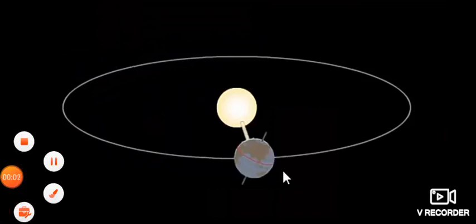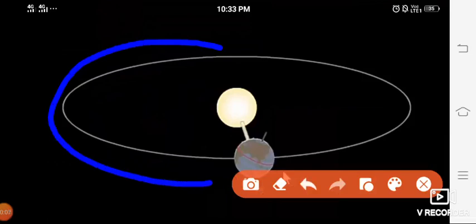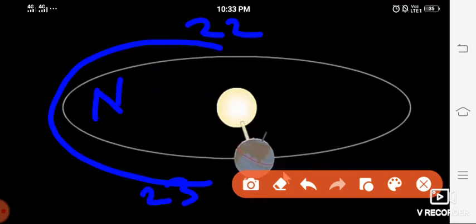So up till now we had learned about the northern hemisphere, that is this part to here. Suppose the northern hemisphere is close to the sun. That means here was 22nd March and here was 23rd September. Okay, so in this what happened, the northern hemisphere was having summer and at the same time the southern hemisphere was having winter. Did you understand? 22nd March to 23rd September, northern hemisphere summer season and southern hemisphere winter season.